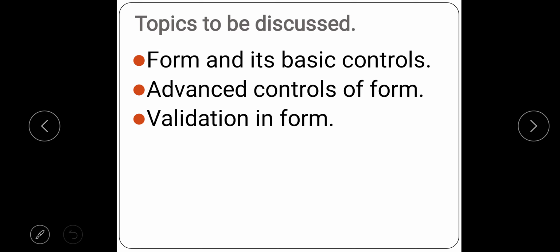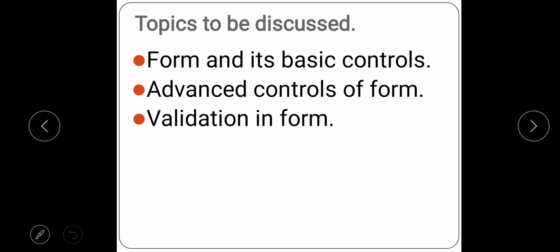Then moving on to the next topic is advanced control of the form. Now here onwards your 12th syllabus starts, which is related to the form part. That is why I am taking first the basic part in the form and later we'll be moving to the advanced controls of the form.